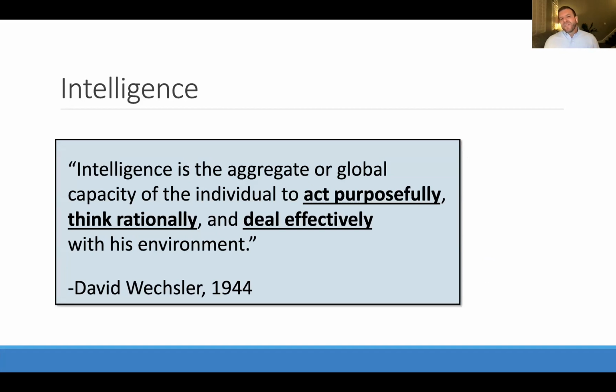So this is the original, the WISC, which is the Wechsler Intelligence Scale. There are adult and child versions, and that's considered to be largely the gold standard and the most widely used test of intelligence. When we think about intellectual testing, this was David Wechsler who came up with the instrument. And of course it's very gendered language because it's the 1940s, but it says intelligence is the aggregate or global capacity of the individual to act purposely, think rationally, and deal effectively with his or her environment, right? But that's a lot of words.